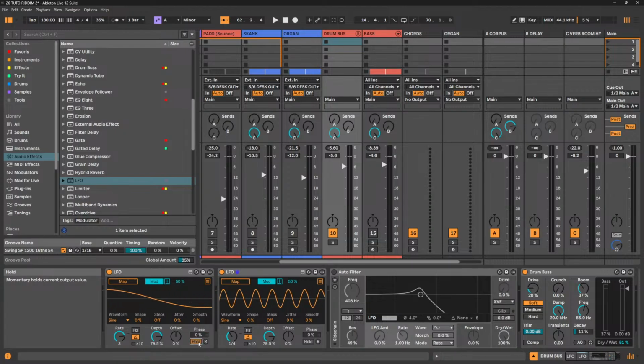We have hold, which holds the LFO at its actual state. Okay, if I hold it when it's up, it stays up. Hold it down, it stays down. And we have this little R, which is retriggering. Okay, this retriggers the LFO at its original state. Okay, so yeah, crazy tool,